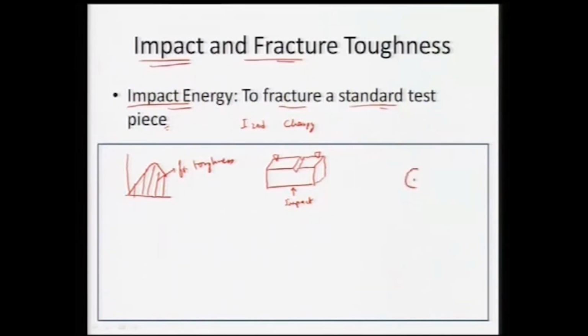We have a load on one side, then we have our sample which is sitting, and it will again have a notch on this side. So, a notched bar specimen is on this side, which is being held on an anvil. For a certain height, because this load has certain mass, this load is allowed to free flow and impact this notched bar.